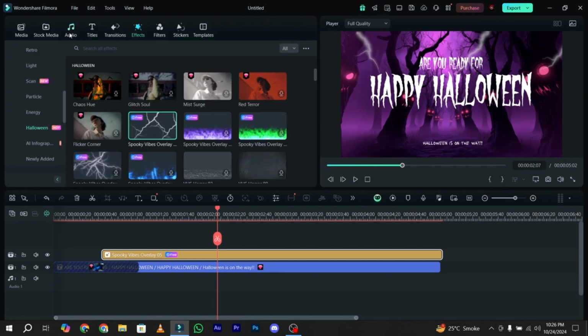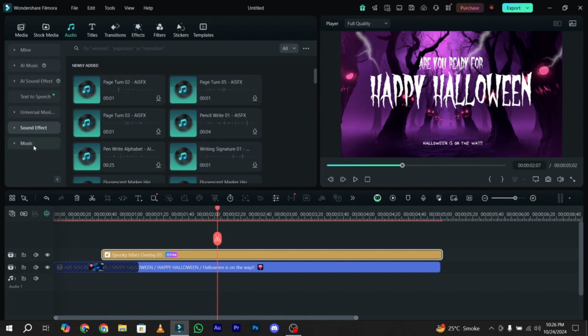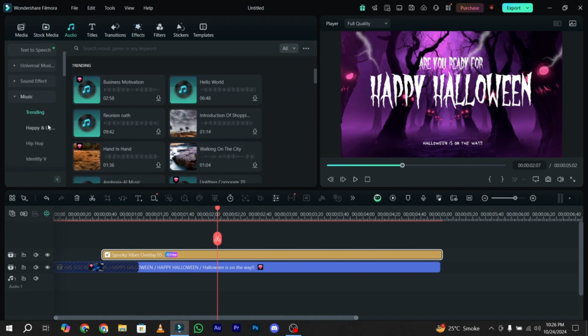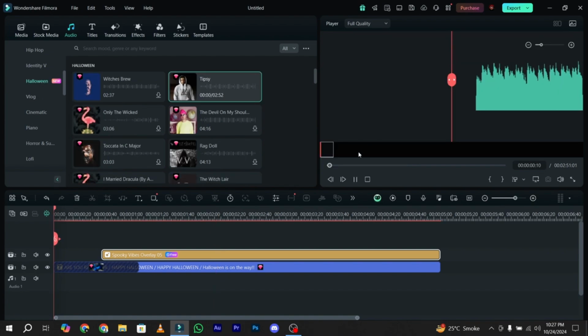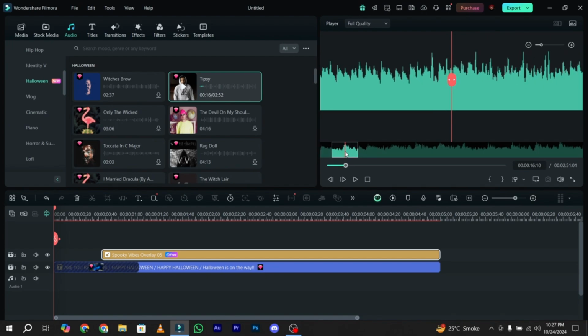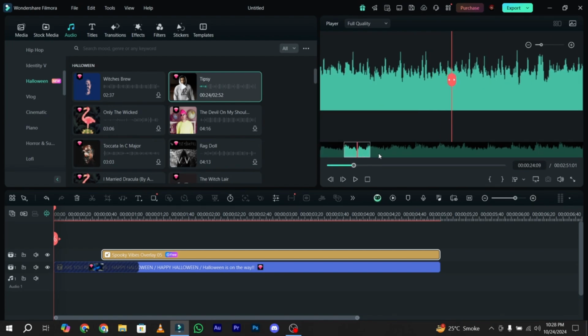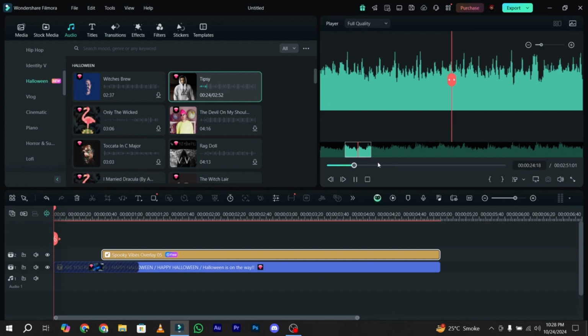Now it's time to add some audio in the background of my title. I just simply go to the audio tab, and under the audio tab here is the music tab, and under the music tab you have the option of Halloween music. So my music is downloaded. I just simply play the music, and I just simply select the music beat according to my preference. So I just choose this one,